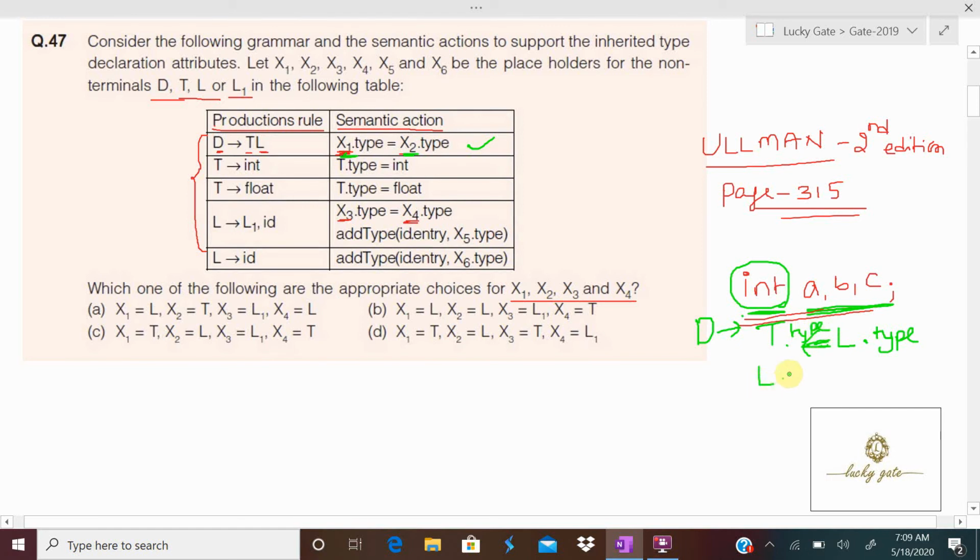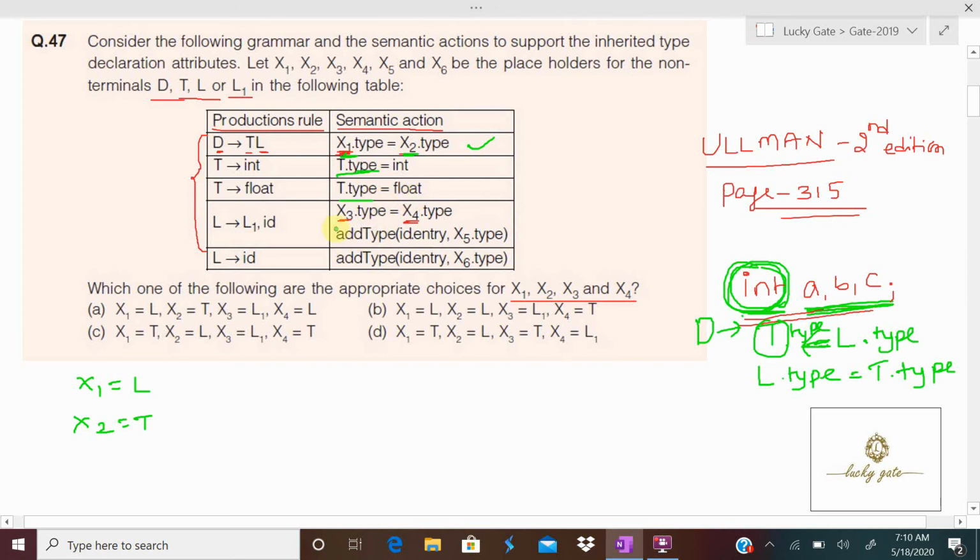Here formally you write the semantic rule is L type equal to T type, means the type of identifiers will be the type of the data type mentioned at left hand side, that is T. So here we understood that x1 will be now L and x2 will be now T. Okay, now this is a declaration production. Now observe the type of T is an integer. Now we can say it is integer, and type of T should be float if it is a float type